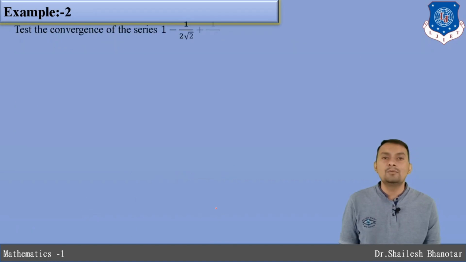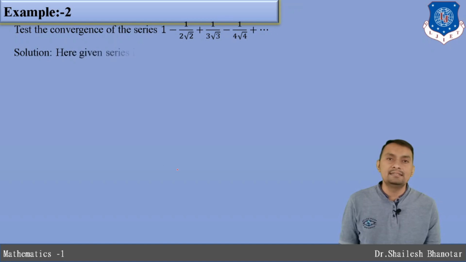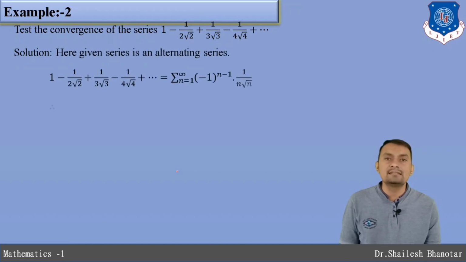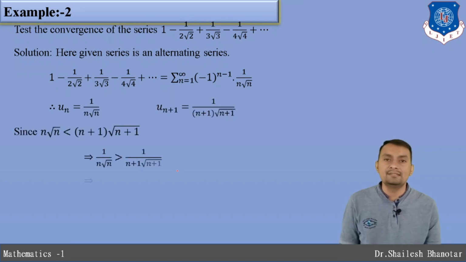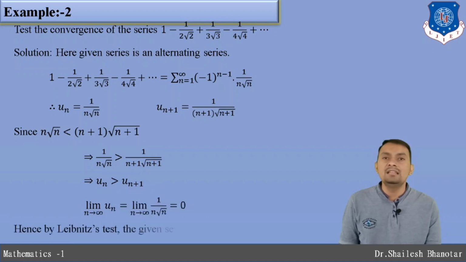Let us understand one more question. Here the alternate terms are there, therefore it is an alternating series. So our question is whether the series is convergent or divergent. That we want to check. So an alternating series is there, and for simplicity we will apply the Leibniz test here.